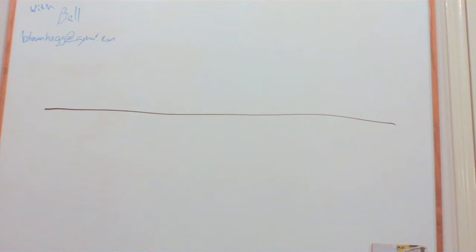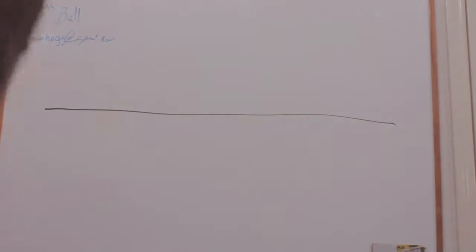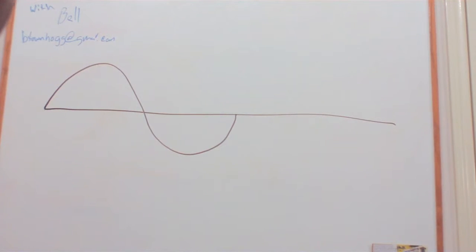All right, so right here you're going to have the zero line that I'll tell y'all about. Now that's your line right there. What we're going to do is draw a waveform based on this line. I'm going to draw one to give you a representation of one cycle per second. Now, as you see what I drew, that is one cycle per